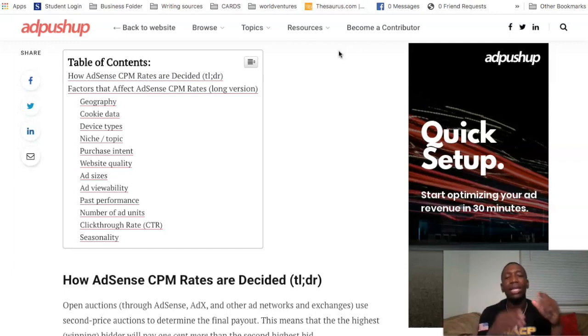Now, gaming channels make anywhere between 50 cents and $2 per 1,000 views. So what does that mean? If they're making on average $2 per 1,000 views, that means if they were to get 1 million views across their channel, they're going to earn $2,000. Hopefully I did the math right. If you want to do the math, let me know what it actually is down below in the comments.